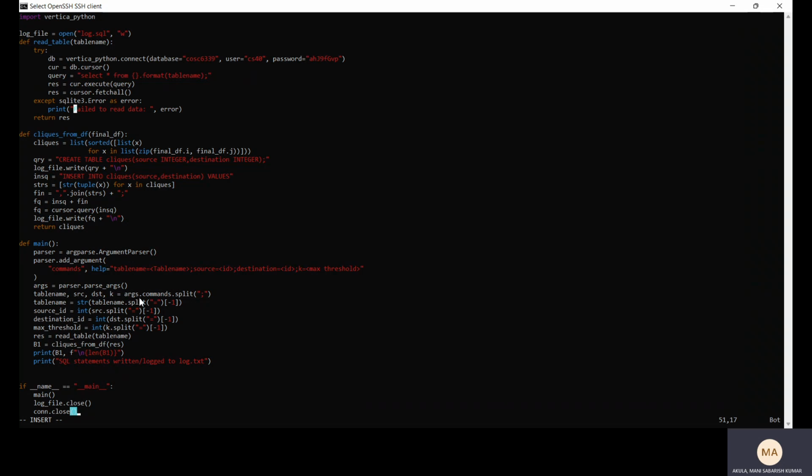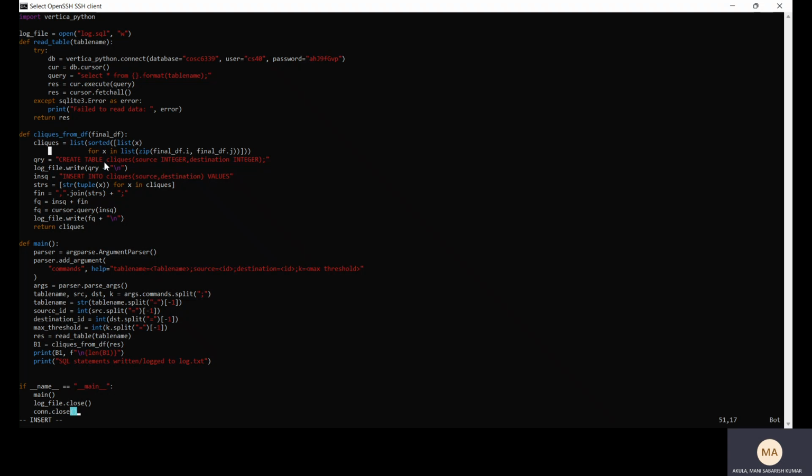clicks. From the clicks, these are the rows from the database, and then we are calculating the distance, like vertices, like clicks between i and j, and then zipping together and storing in a list, and sorting it so that we can get i equal 1 2 2 1 2 3 etc., and then storing it in a clicks list, and then